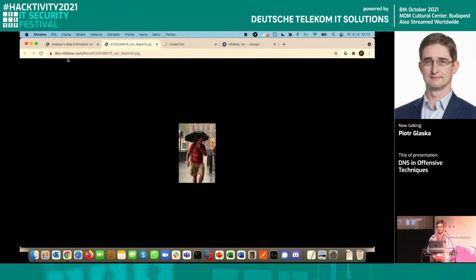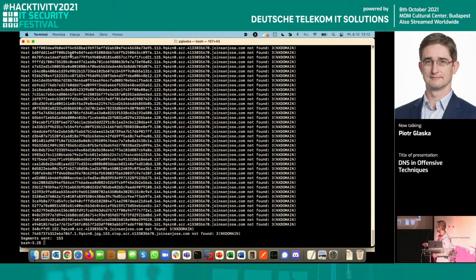And here it is. The file from my laptop was exfiltrated to a data center in the US. So this is, in general, how this technique works. Data is encoded in the hostname part in this example. Then we have a query number, which is useful if we want to make sure the order of the data is correct. DNS queries usually go over UDP, so you need to make sure they will arrive correctly